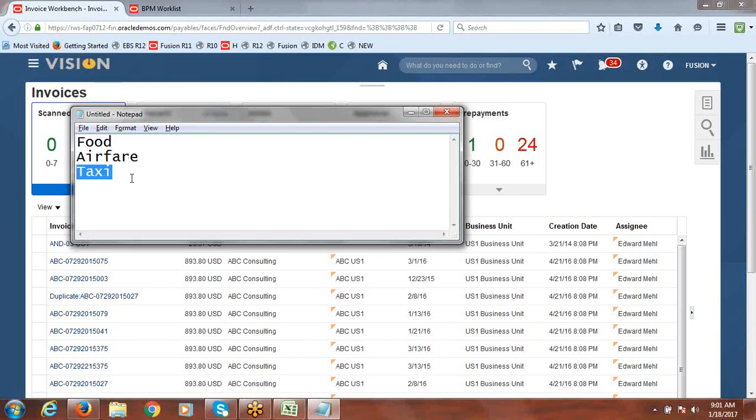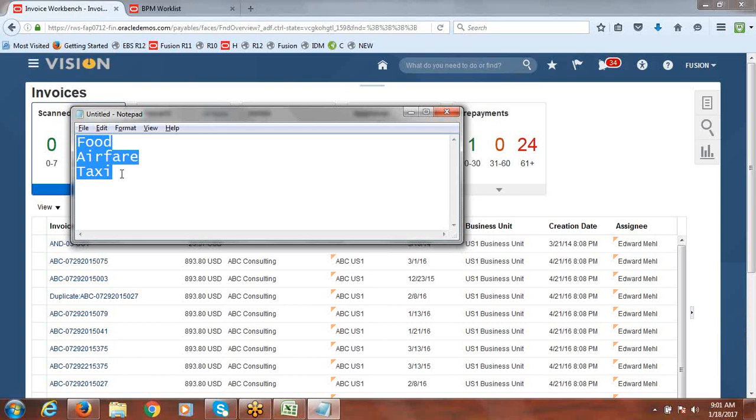In EBS we do the same. So whenever I create an expense report and select these three items, the system will create the distribution with the three accounts: food expense, airfare expense, and taxi expense.